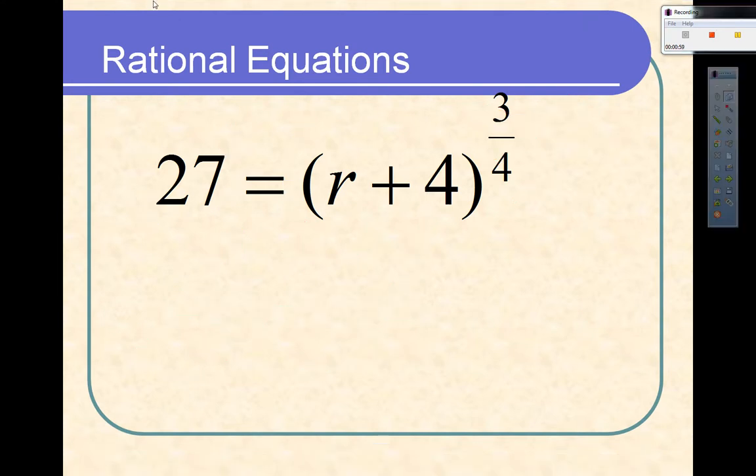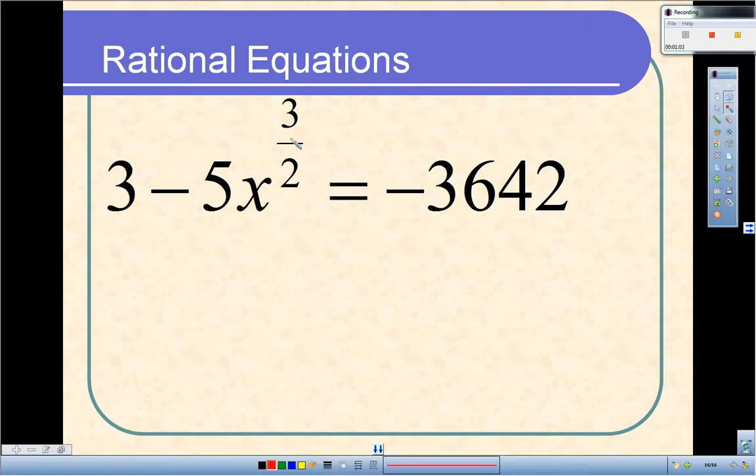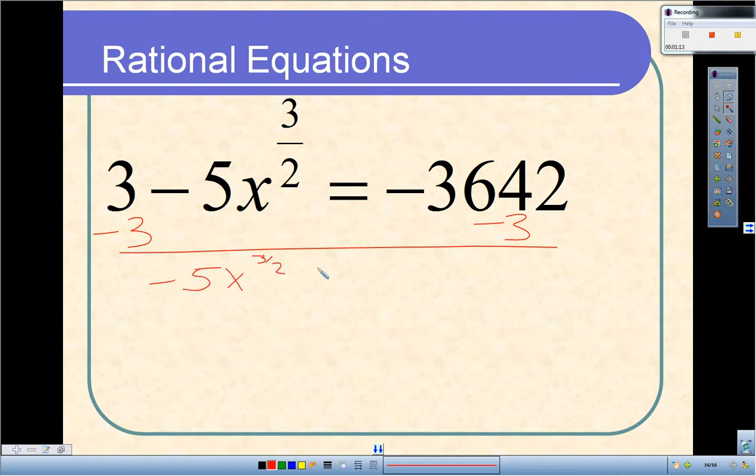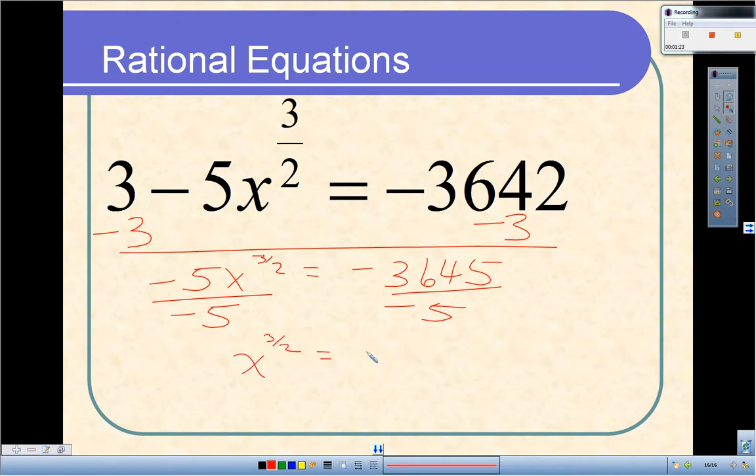Alright, for the next one, notice that my variable is x. It is raised to the 3/2 power, but there are no parentheses, so I need to isolate the variable. So I'm going to subtract 3, and that will give me negative 5x to the 3/2 equals negative 3,645. And then I'm going to divide by negative 5, because again, there are no parentheses, so I need to isolate that variable. So I'm going to take negative 3,645 and divide it by negative 5, and that gives me a positive